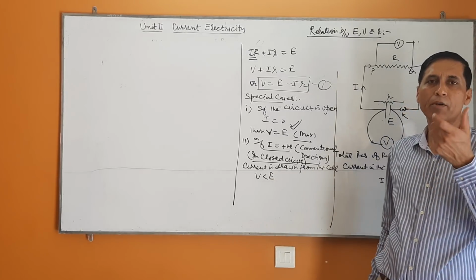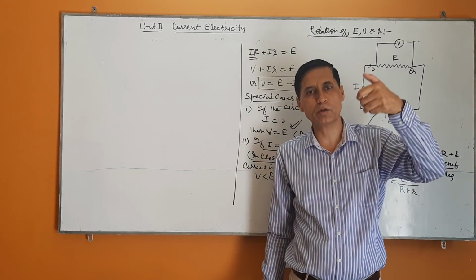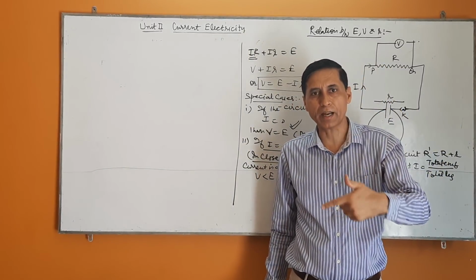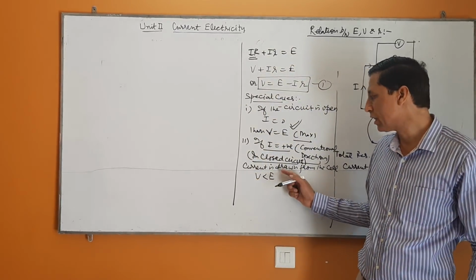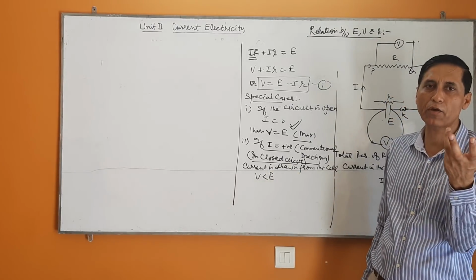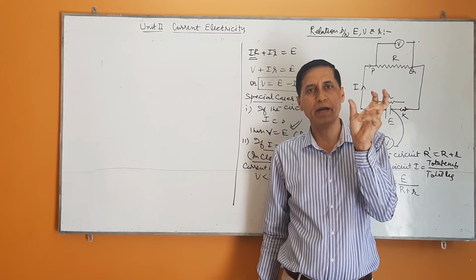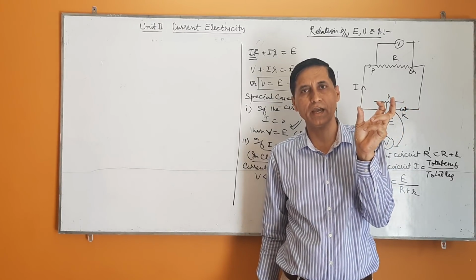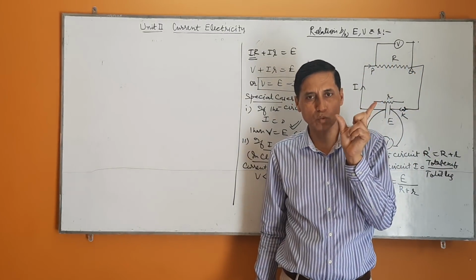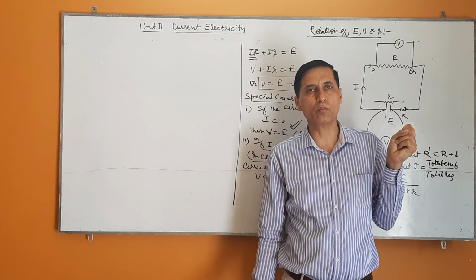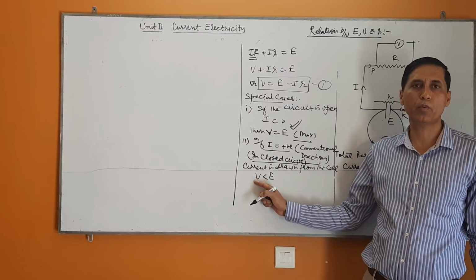For example, a dry cell with 1.5 volt written on it: if you put it in a torch and switch the torch on, current is drawn from that cell, and in that case the terminal potential difference will become less than the EMF of the cell. The same example you can have in the case of an inverter. If we look at the terminal potential difference across the inverter battery when we do not draw current, suppose the potential difference is 12 volt, but when you draw the current from the battery, then it will be less than 12 volt, and then it is called terminal potential difference.